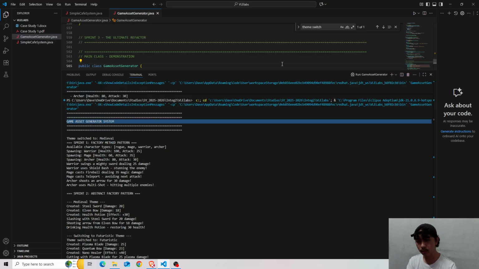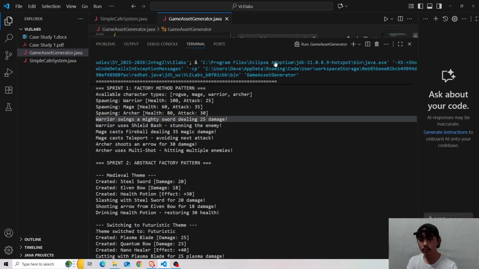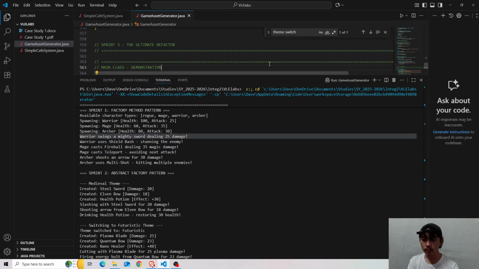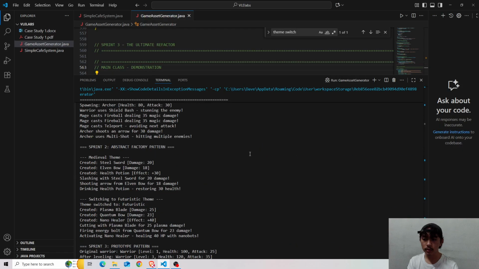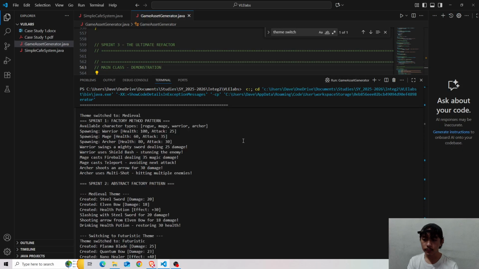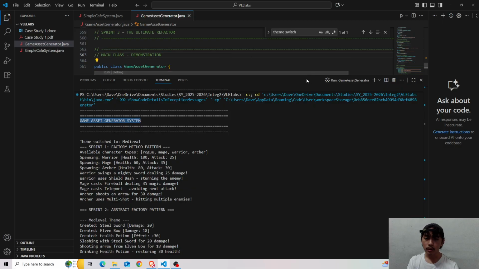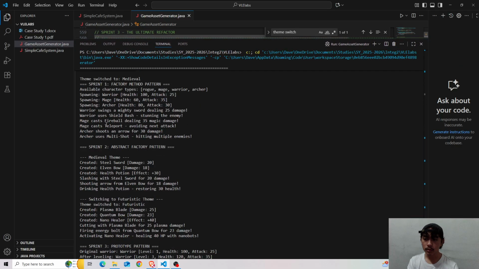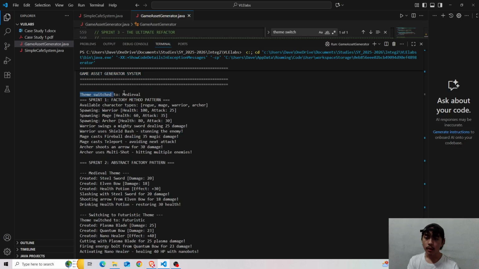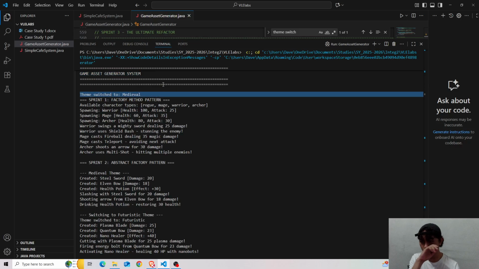In case you couldn't see clearly, I'm zooming in. The output starts with the theme switching to medieval, which is set as the default theme.